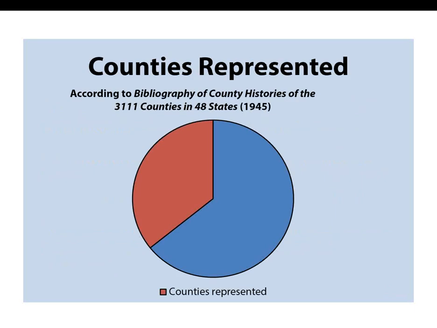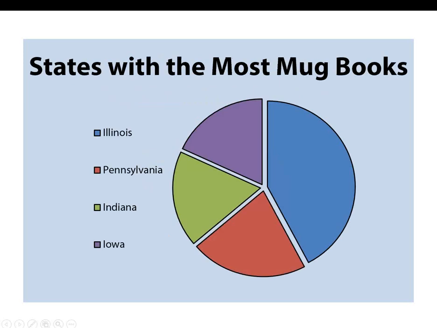Of the 3,111 counties that were in existence in the 48 states in 1945, 1,380 counties are represented. So the red portion there of that pie chart are the counties that are represented by a county history or a portrait and biographical album. So what we're referring to as a mug book would be included there. But if we dig a little deeper and we start looking at those states with the most histories, or the most mug books,